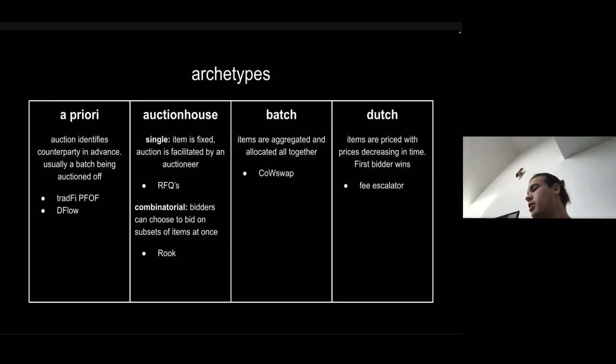Another archetype that we can think about, I shouldn't say final because there are definitely things outside of this, is Dutch auctions. We have a price that changes over time, like a fee escalator. The idea is that within the semantics of an order, of your transaction, we encode a price that changes with time.